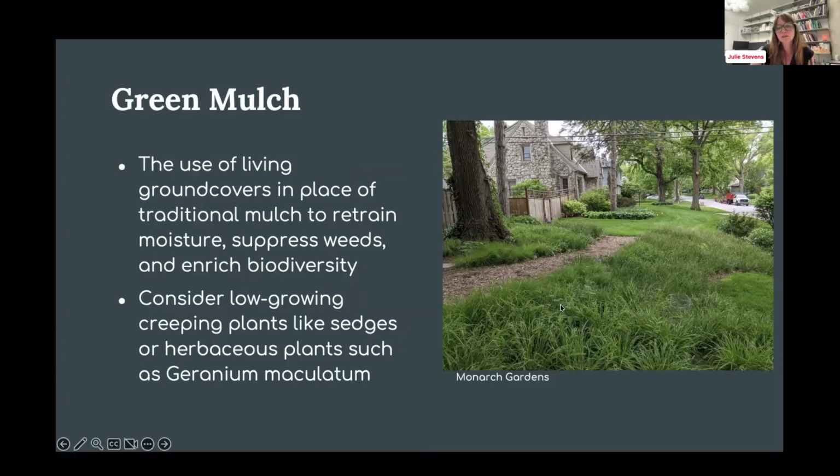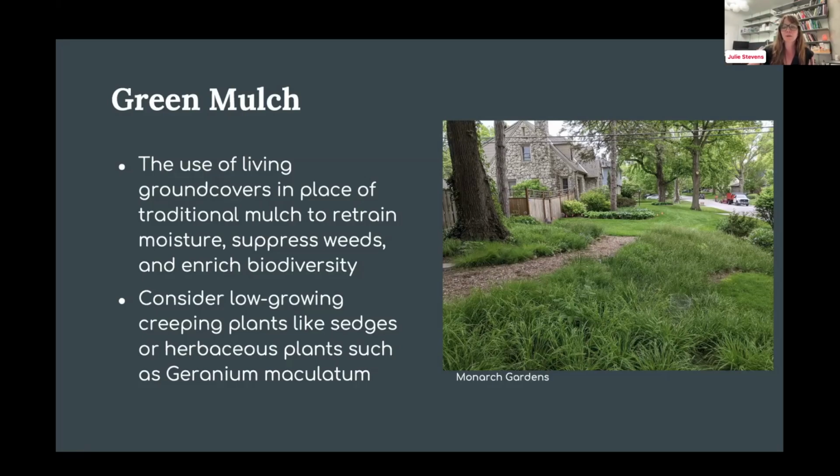This bed is looking primarily like a mix of sedges and other small grasses, and it looks like they're probably trying to start some other forbs and things. This is what a green mulch layer would look like without those other structural and seasonal theme layers. This is really important, and this is something we want to make sure we've got a good green mulch layer